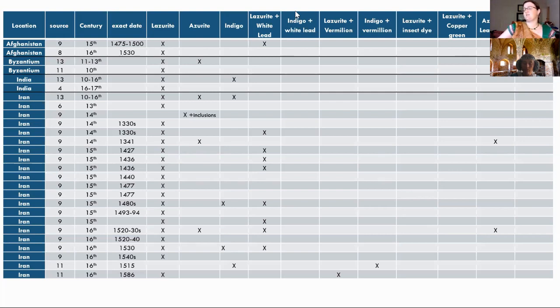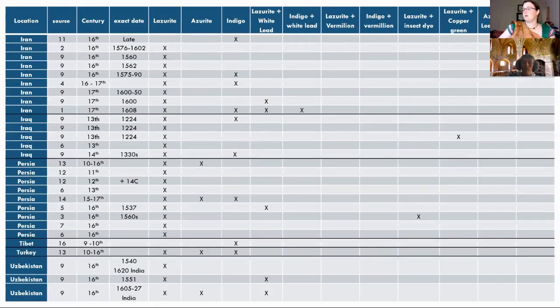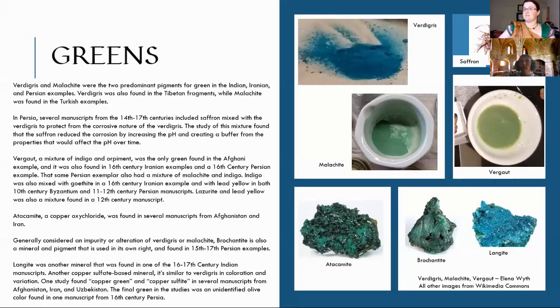Lazurite and lead white. So if you want a light blue, that's your plan. Get your ultramarine, mix in some lead white, you're good to go. But as you can see, everybody was using lazurite, almost nothing else. There was a bit of mixing, but yeah, lazurite's your blue. For greens, so verdigris and malachite, those are going to be,